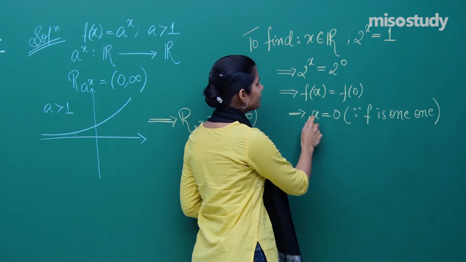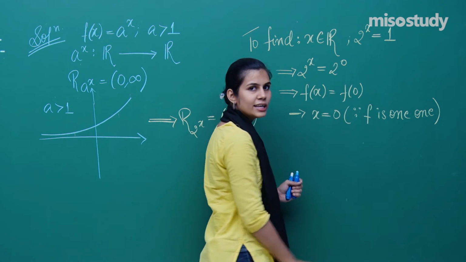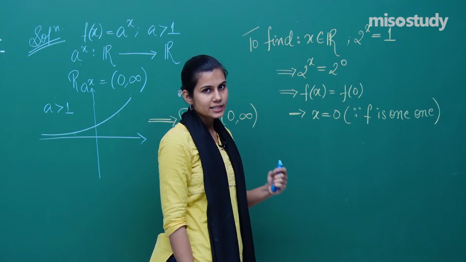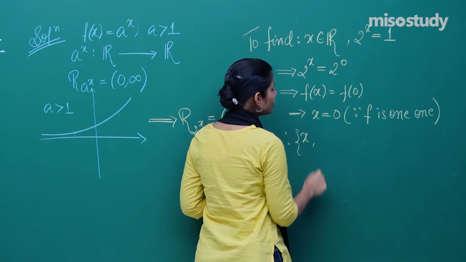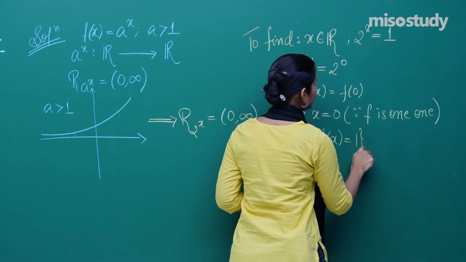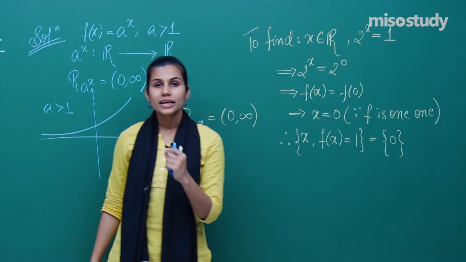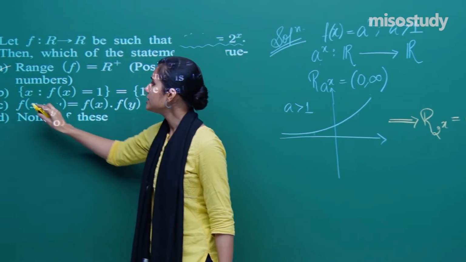And therefore the only x for which f(x) is equal to 1 is x equals 0, and therefore the set of all those x such that f(x) is 1 is the singleton set {0}, and therefore the answer is not singleton {1} but singleton {0},